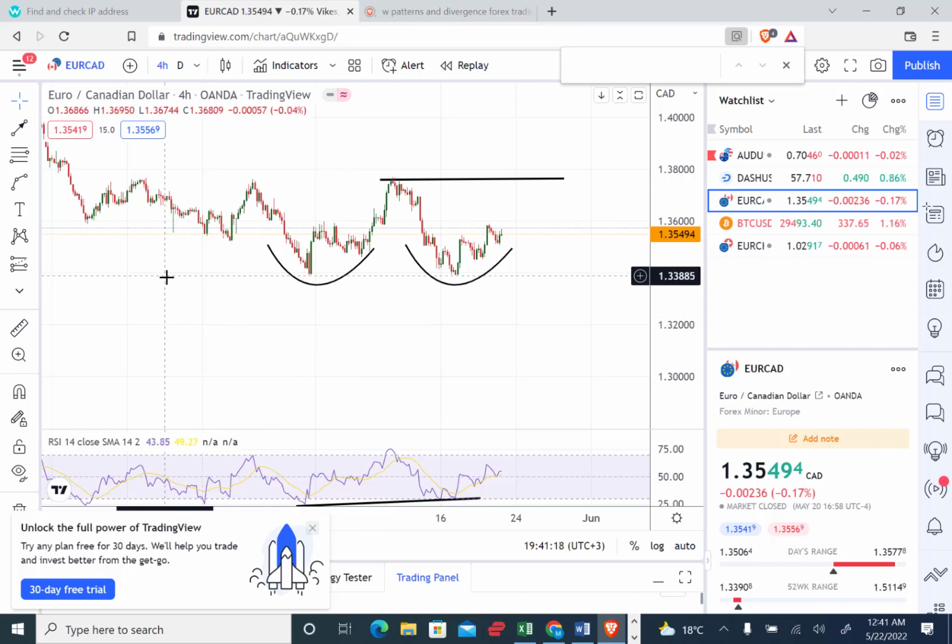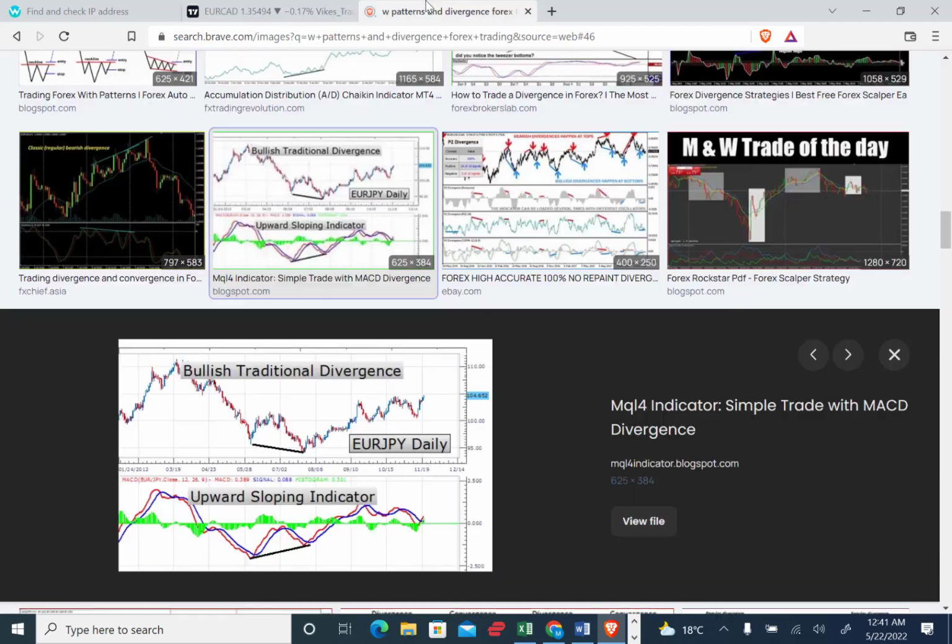So first off, let me show you an example of a W pattern. So there are different types of W patterns. They're the ones that form an equal low. Like you see in this example, there's this low here. There's a scenario where it can form an equal low like this one, this low and this low, or